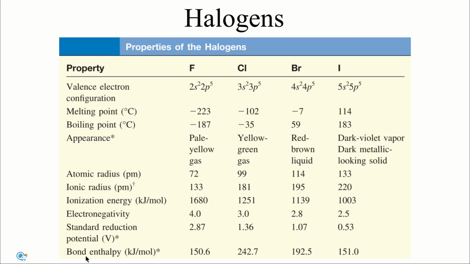Halogens form a very large number of compounds. In the elemental state, they form diatomic molecules. In nature, however, because of their high reactivity, halogens are always found combined with other elements. Chlorine, bromine, and iodine occur as halides in seawater, and fluorine occurs in minerals such as calcium fluoride,